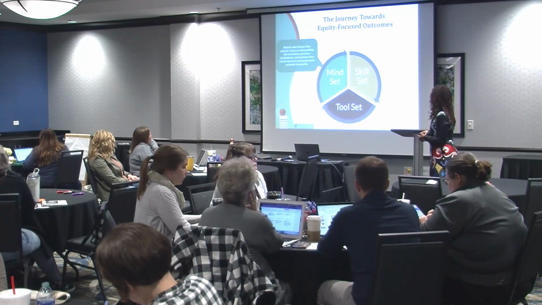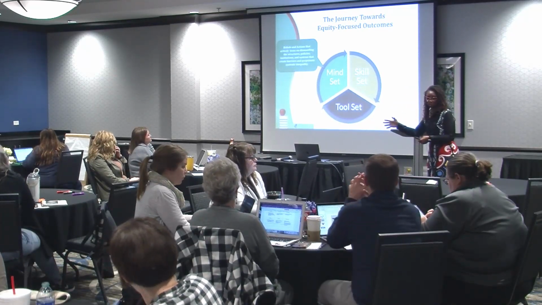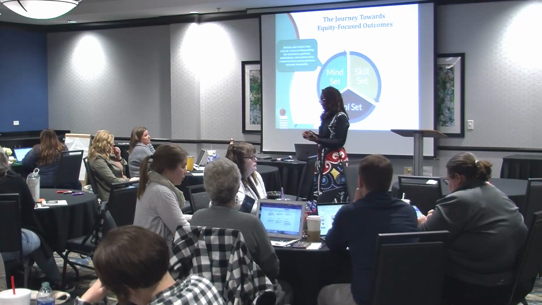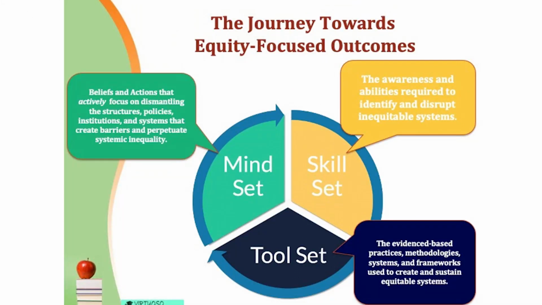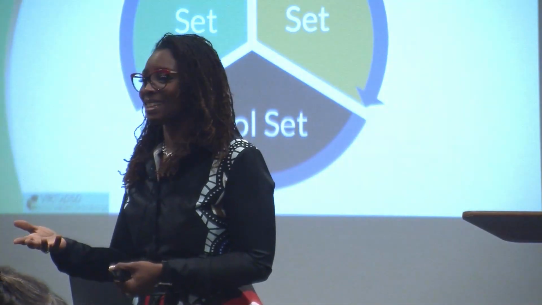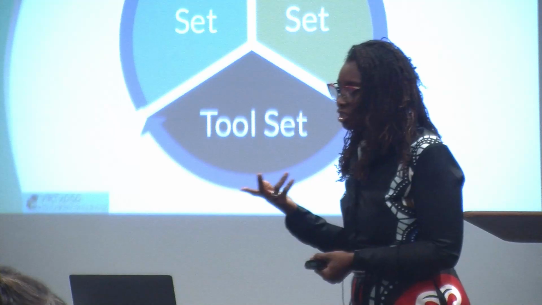So when we talk about mindset, we're talking about getting to equity-focused outcomes, which means we have to also be intentional about thinking, are all students really benefiting? Or when we say we want improved outcomes, we're talking about improved outcomes for 90% of our students, but we already know the special ed students aren't going to make it. Is that really what we mean? Or do we really mean we want all students to benefit? I mean, you might not want to say out loud which it is, but which is it? Which is it?